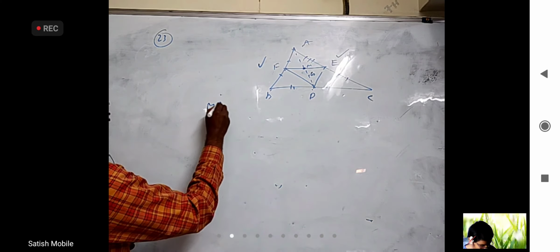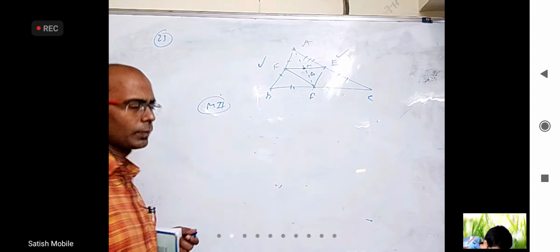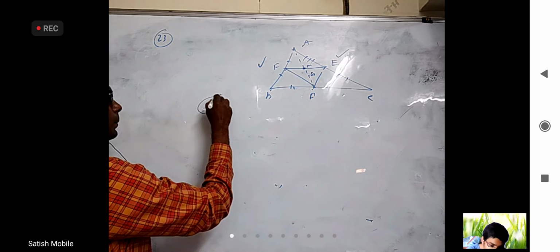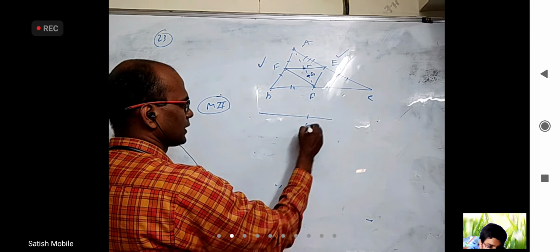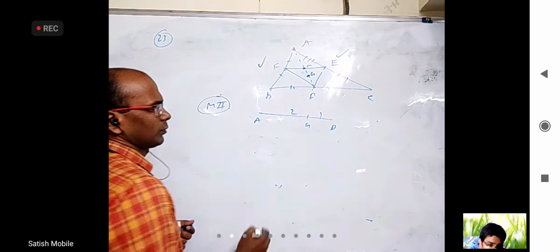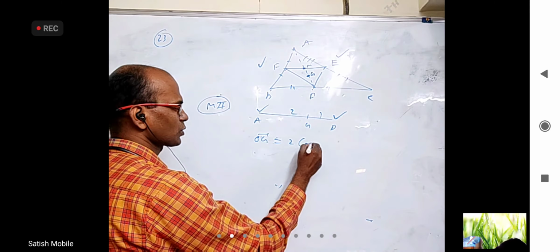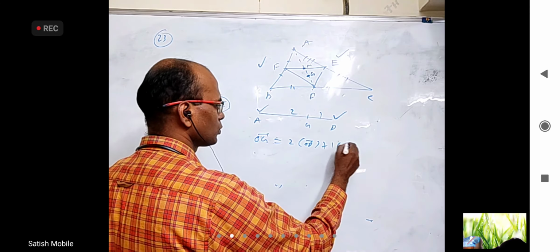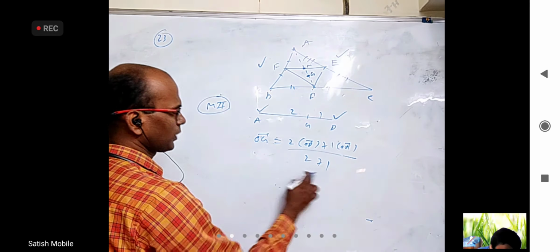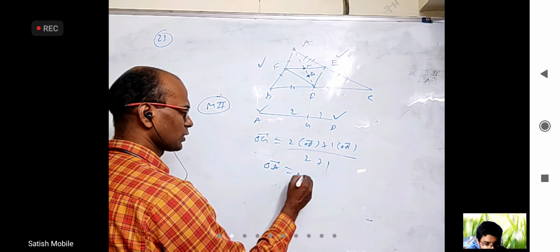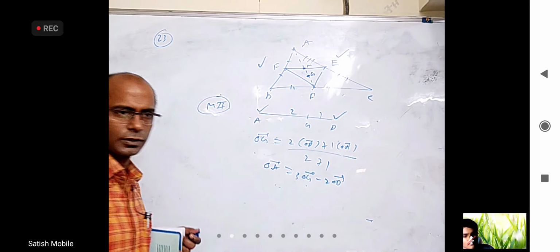Okay, method 2. After finding D, instead of taking this plus this minus this equal to this, I can say G divides A and D in the ratio 2:1. Just now I found D, just now I found A. I know OG bar is (2 times OD bar plus 1 into OA bar) by (2 plus 1). I want OA, right? Bring it here. OA is equal to 3 OG bar minus 2 times OD bar. You know the centroid, you know D, substitute it, you will get it. You can do it like that also.